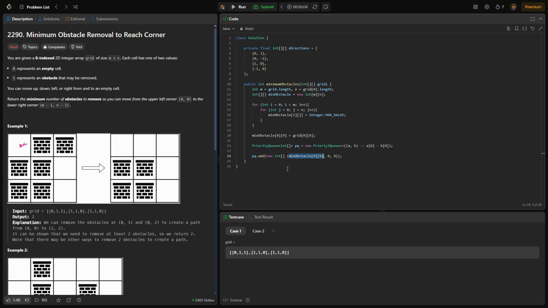Because let's say we add this to the queue and we want to pop it out, this value is either going to be a 1 or a 0. This is not going to be minimum obstacle of 0 0. It is going to be either a 1 or a 0. And to keep track of the position of the cell, we are going to use 2 more variables, the x-coordinate and the y-coordinate. So moving on, we are then going to, while not pq.isEmpty,